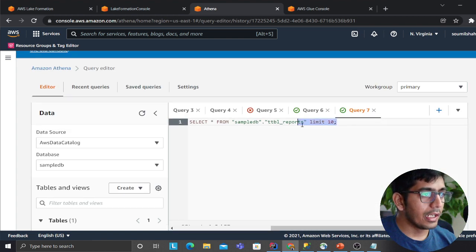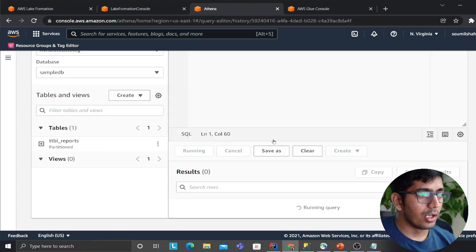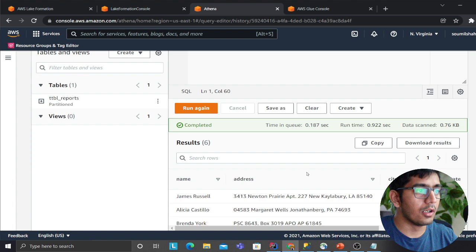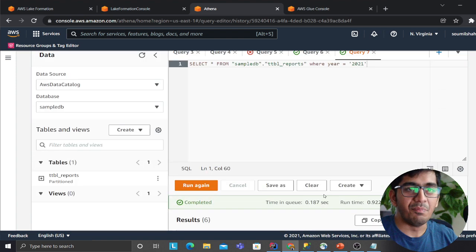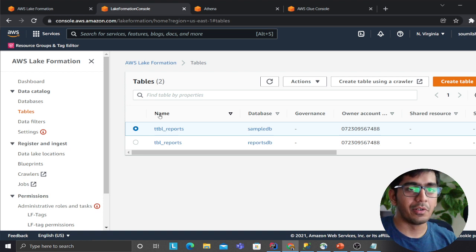Over here I can simply use a where clause and say, for example, where the year is 2020. I'm just gonna copy this in this one and show you quickly. Where the year is 2021, you run it, this would only filter out and give you all the records in the year 2021. Beautiful, right? I hope you have enjoyed this entire walkthrough about Lake Formation, Glue, Athena, AWS S3.